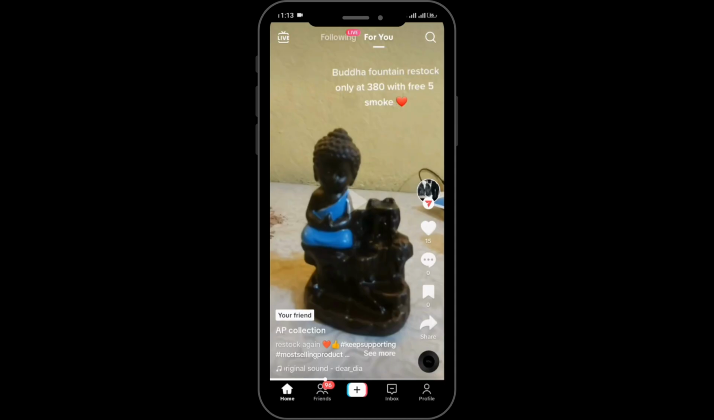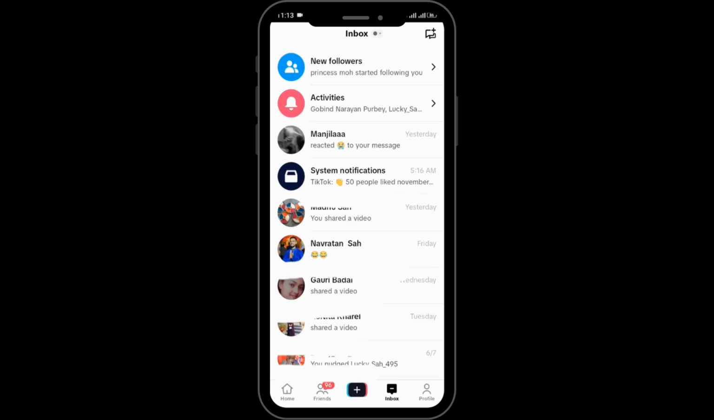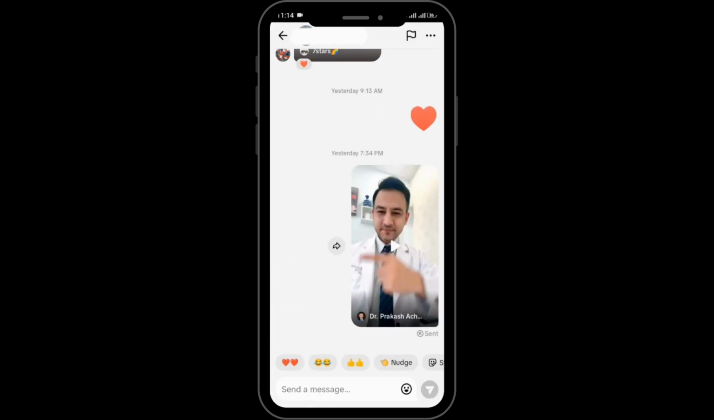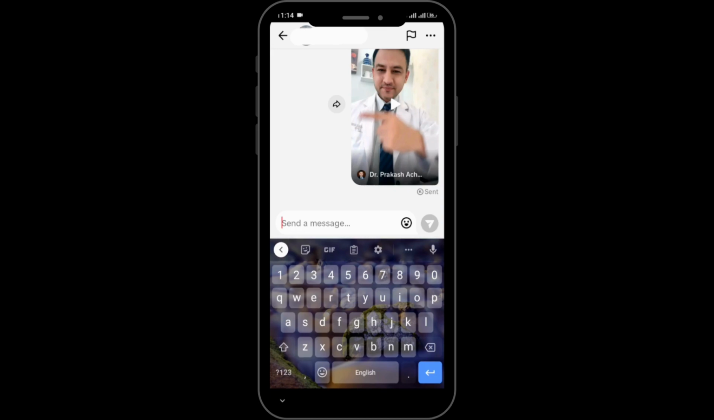So in order to send a message to someone, you need to tap on inbox option, which is right next to the profile option in the bottom corner of the right hand side. From over here, you will be able to see your friends or the chat box of your friends. You have to select the person to whom you want to send the message. And from over here, you can simply tap on send a message option and you can type the message that